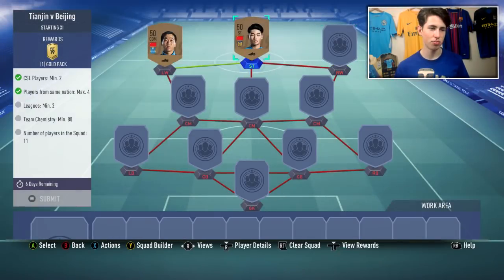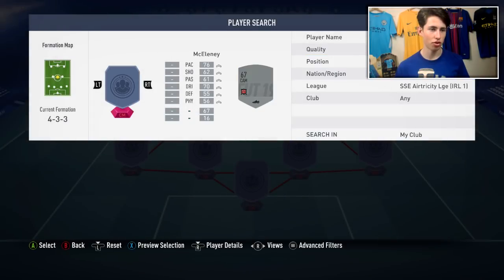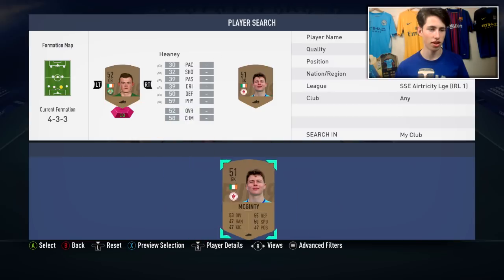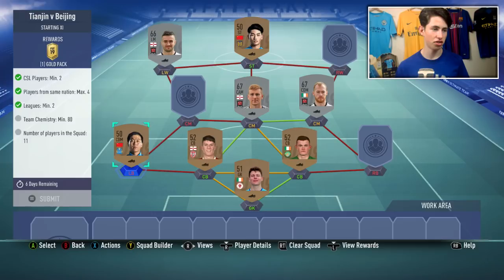I can just move away from this league now. I need at least 2 leagues in there, so I'll just pick a random league that I've got some bronzes or silvers from. So typically, the Electricity League's quite good. I'm not sure if I have many players. Yeah, I've got a few players from the Electricity League that we'll just pop in there for now, and then I'll just go and buy the cheapest ones I can find for all the other positions. If we just do that right there,